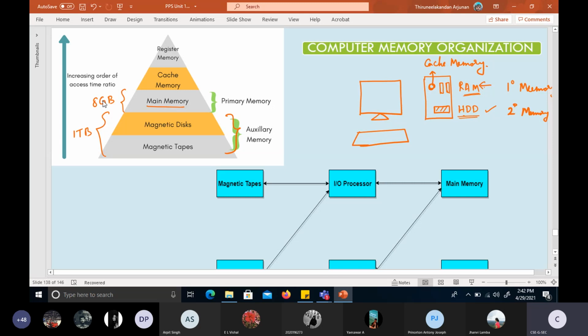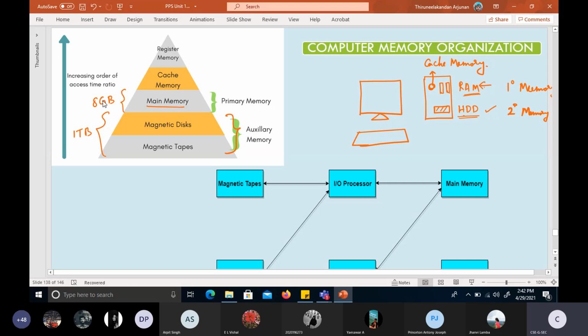I can cite a basic example. As soon as we start our system, automatically in the desktop certain icons get loaded one by one, or in the taskbar we can find certain programs like speaker, network connectivity, either Wi-Fi or LAN connectivity, date, and time getting loaded. So that information is stored in this register memory, so that as soon as the system opens, they get loaded first. So you see from here it is very fast.